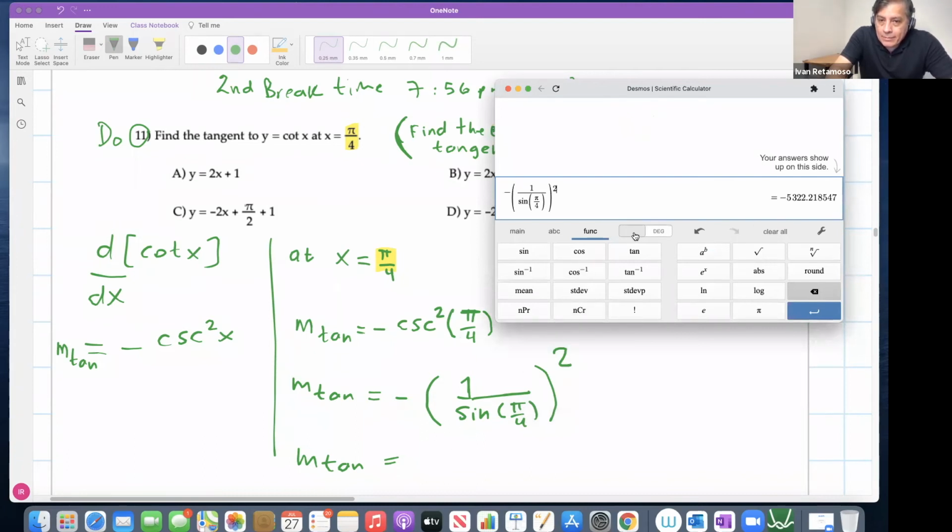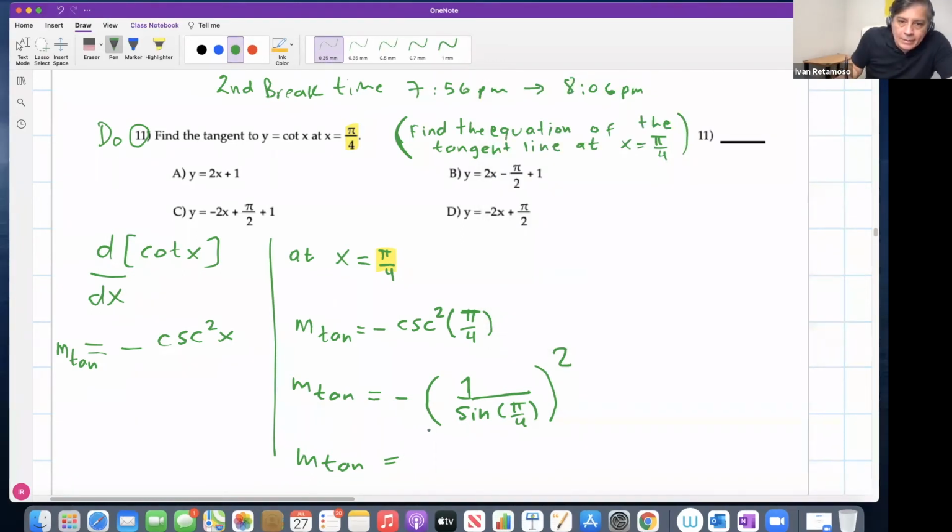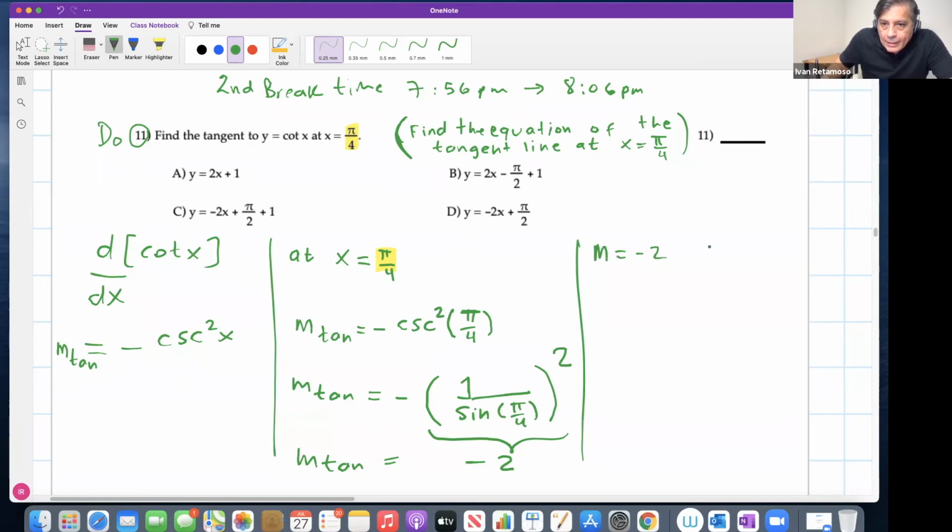Now, remember, this is in degrees, but we want these results in radians. So go to radians, minus 2, right? Minus 2. That is it, minus 2. This guy, the slope, minus 2. Okay, with a slope equal to minus 2, and a point